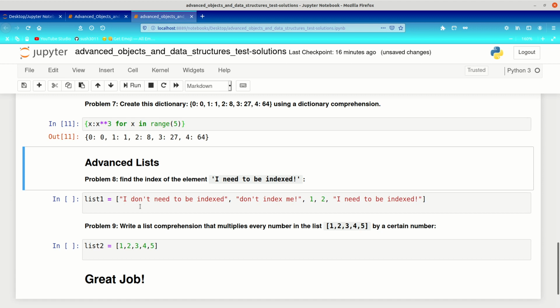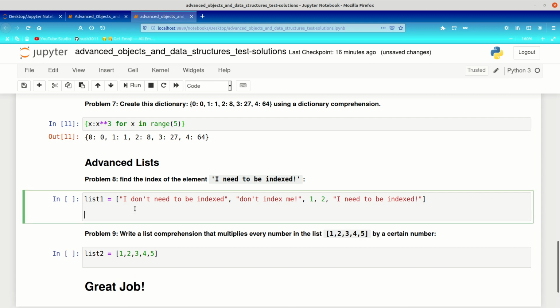And after that, we've got advanced lists, and we're getting closer to the end now. And here it says, find the index of the element "I need to be indexed". Okay, so here, don't look at the list. Here we need to actually use a method. So we need to use the index method. So I need to say list1.index